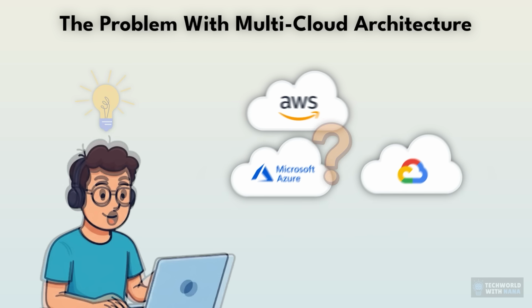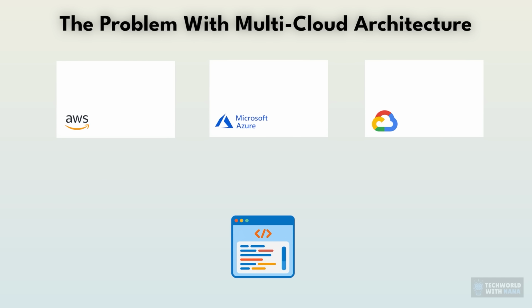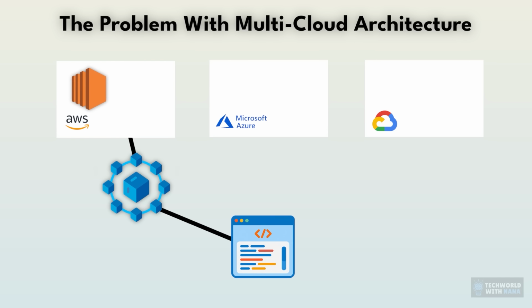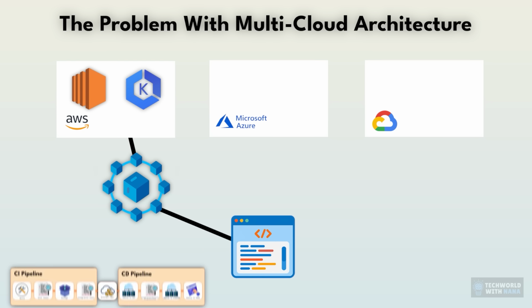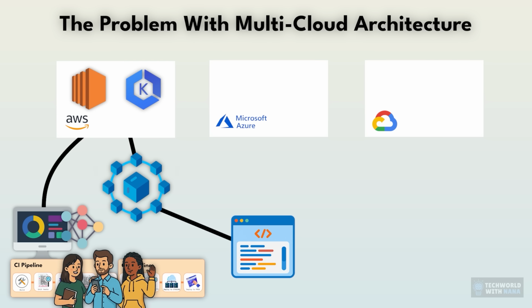Okay, let's say you're building a modern application and you want to use the best services from different cloud providers, which actually makes sense, right? So here's a realistic scenario. You want to run your main microservices and APIs on AWS using EC2 and EKS because your CI/CD pipelines, monitoring, networking setup is already built around AWS and your team has expertise in it.